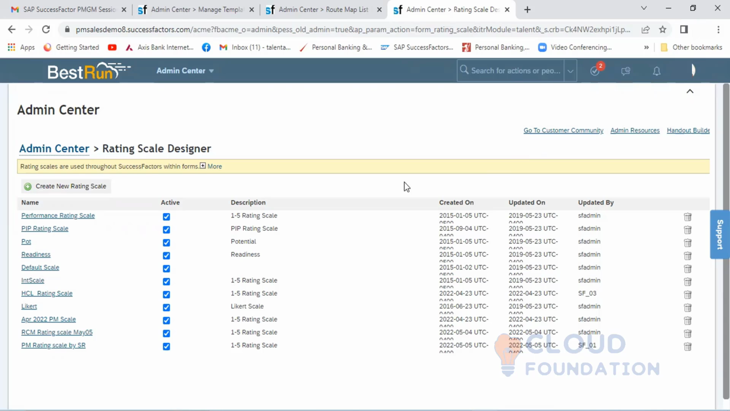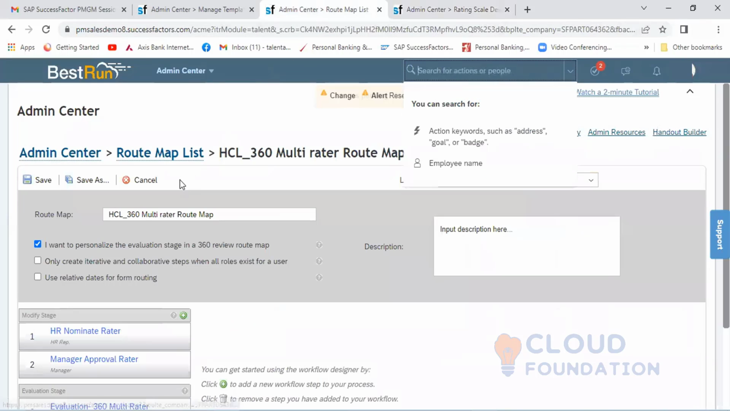Okay. So here I have taken this SCL as a rating scale. This one you can see. This I have already created. So now we have the rating scale, we have the route map. This is already created. Now